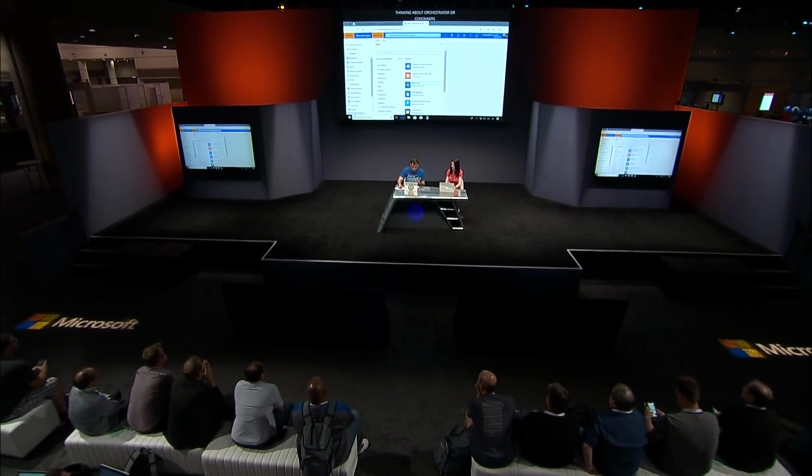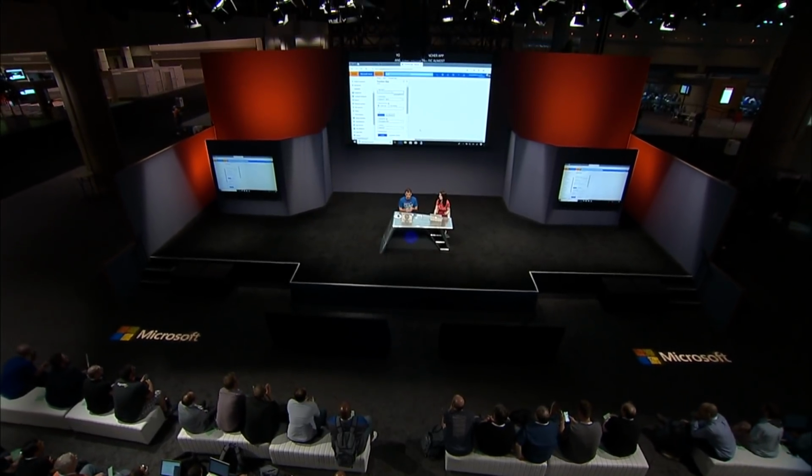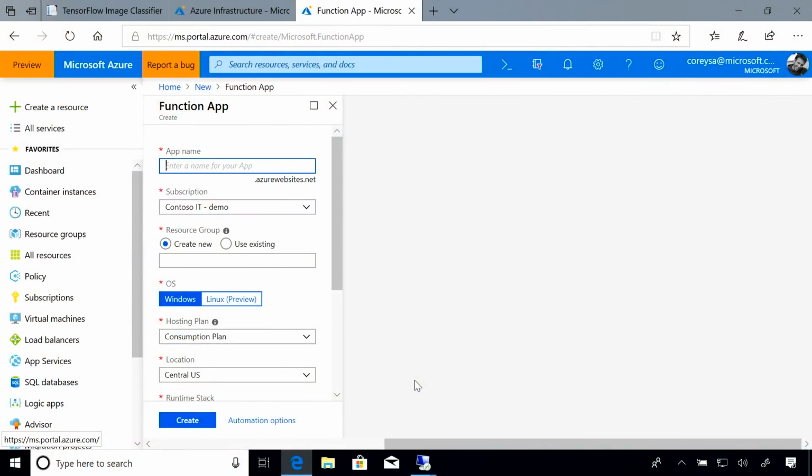Now, we also have, of course, the ability to just do functions. And this is a serverless solution that allows you to respond to, let's say, specific events. So timing events, something fires, someone clicks a button, maybe a webhook of some kind. This allows you to, again, just take your code, put it in, have it run when you need it and only when you need it. You pay only when it runs, and you don't have to worry, again, about orchestration, how it's running, who's running it, whether it's a container or not. None of that matters. Just take your code and run it. And this is going to be super powerful, and we have so many people using this to supplement existing applications that we have out there.